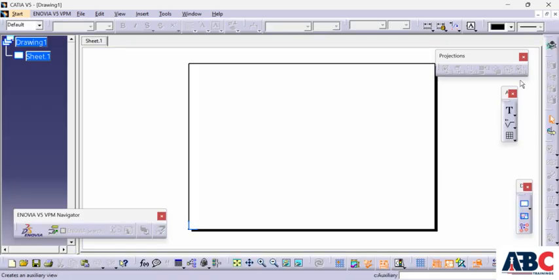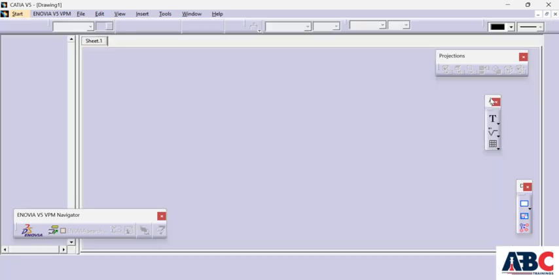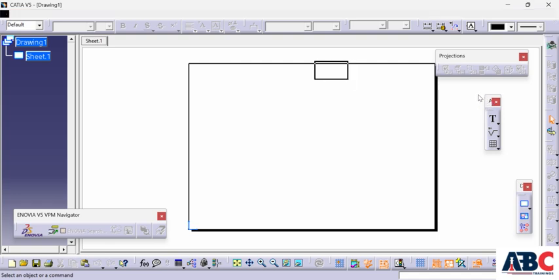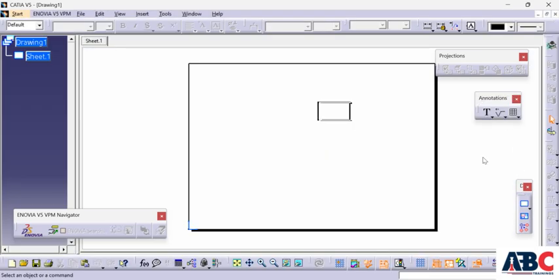So these are the toolbars of drafting. This is the drafting workbench. So here we have the specification tree for the drafting, and these are the annotation tabs. Okay, this is the annotation tab. This is the drawing toolbar, project toolbar, and these are the dimension toolbar. Okay, so for inserting a drawing,